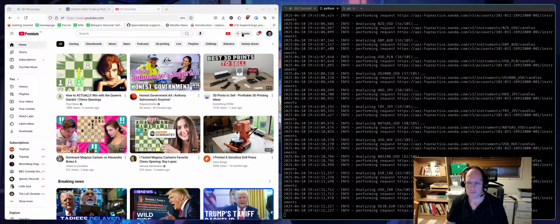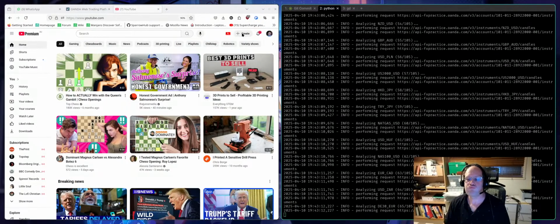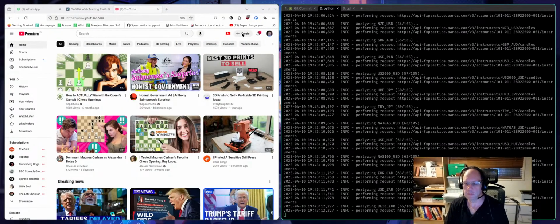Okay, let's automatically disqualify any instruments that have, let's take a max spread CLI parameter that defaults to, I don't know, 6, and